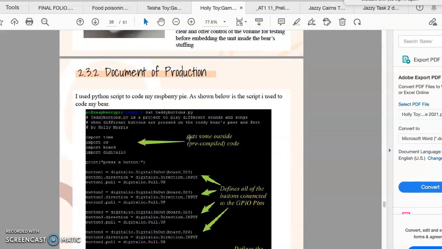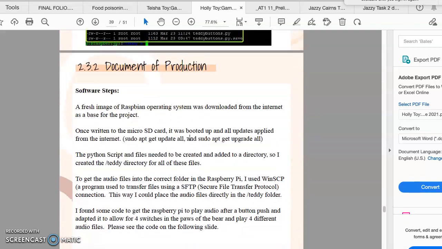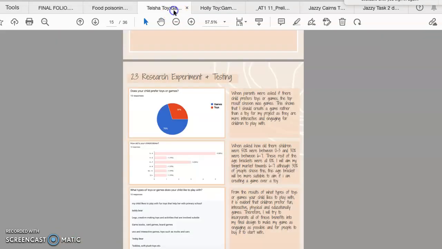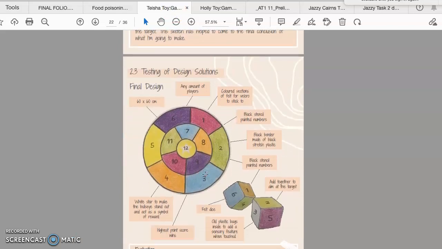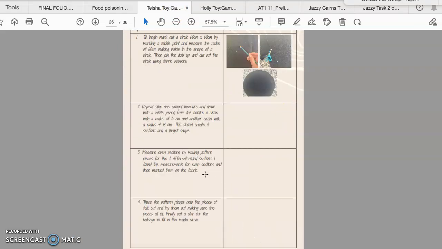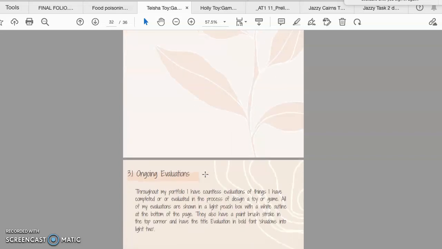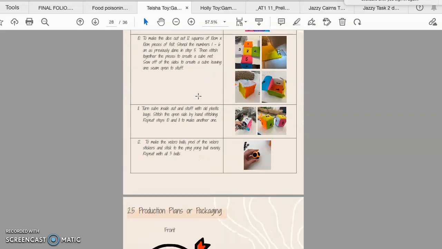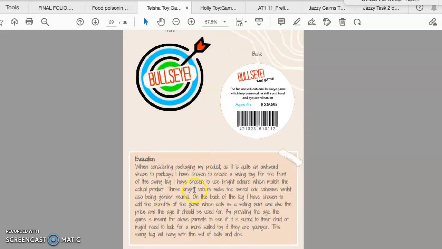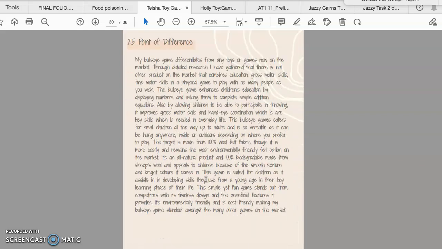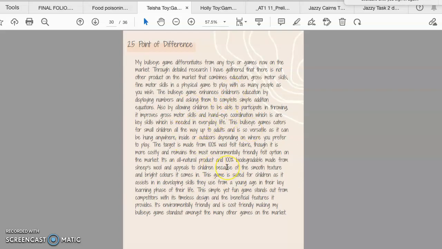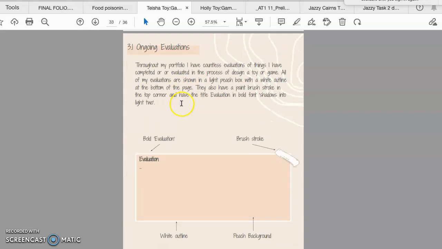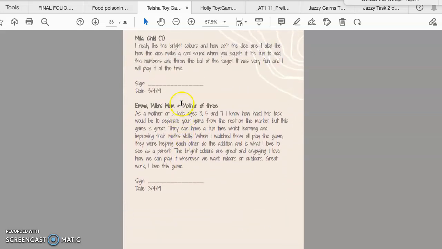This then leads us on to our production plans or packaging. This student did do packaging, but most students don't. Most students do a logo page. So if I have a look here, oh, I'm going to run out of time. Okay, I'm going to start speaking really fast. Where is it? Logo. A logo page with an evaluation of why that's the best chosen logo. Then we have point of difference, all the reasons why your project is amazing and all the features and why it's so awesome, how to play, what you're meant to do with the project, etc. And then obviously function and aesthetic evaluation, and 2 evaluations by other